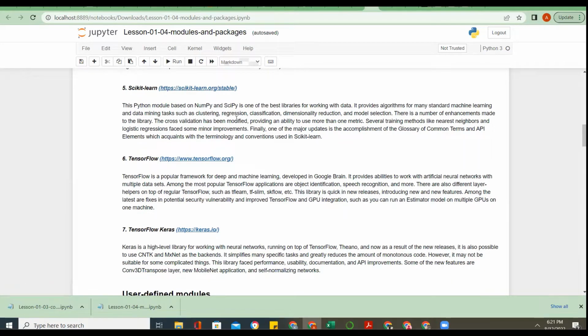And another one is TensorFlow. TensorFlow is a popular framework for deep and machine learning. These are advanced level Python, deep and machine learning. It was developed at Google Brain. So these are packages that are used for advanced level data analysis or machine learning analysis, like facial recognition, like